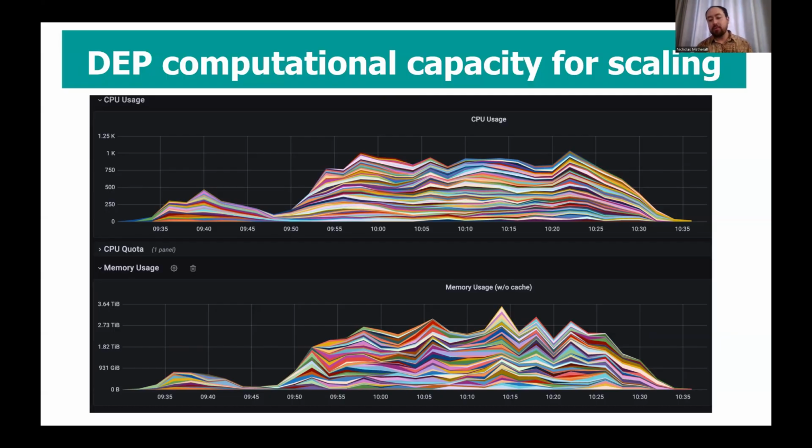And this is made possible through the computational capacity for scaling that's made possible through the public technology infrastructure of Digital Earth Pacific. And so what you're seeing here is the CPUs and the memory usage made possible through the parallel cloud computing capacity of Digital Earth Pacific.